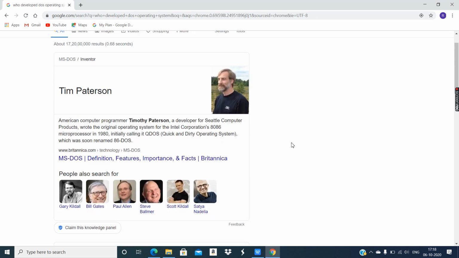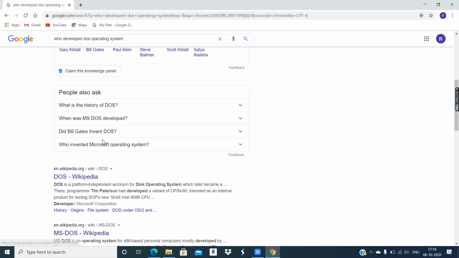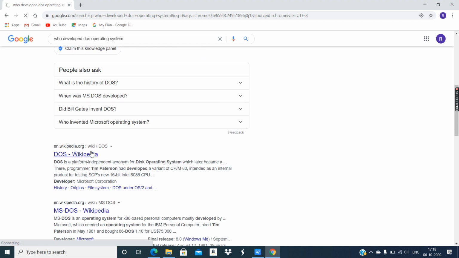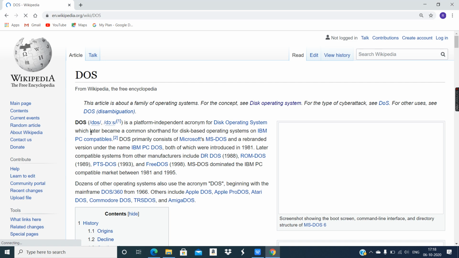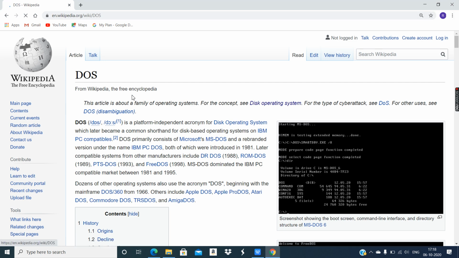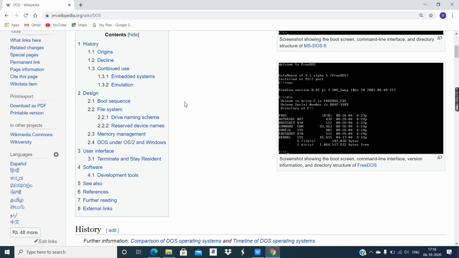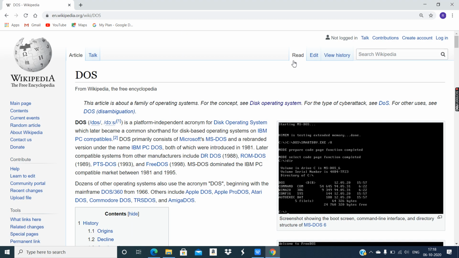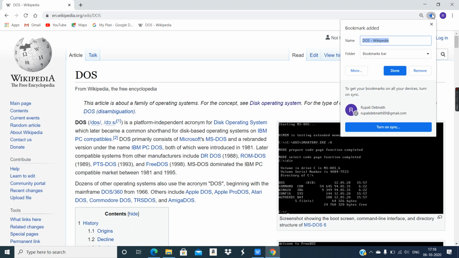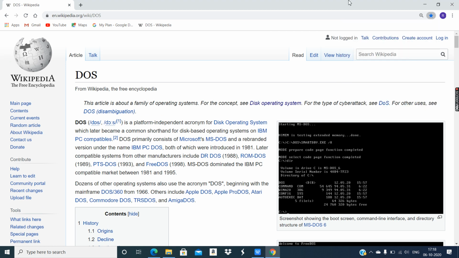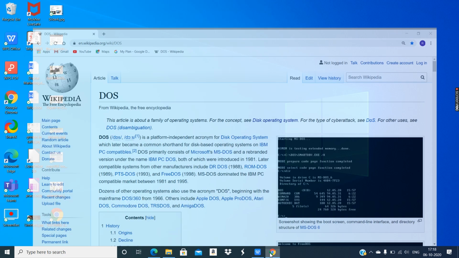I may click on any website which I am getting as a suggestion. When this website is loading, if I like this information and want to save it, I can click here on the bookmark option and click on done. So this page will be saved. That is the meaning of bookmark.